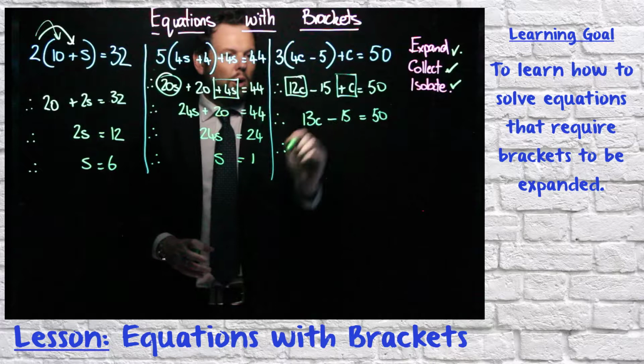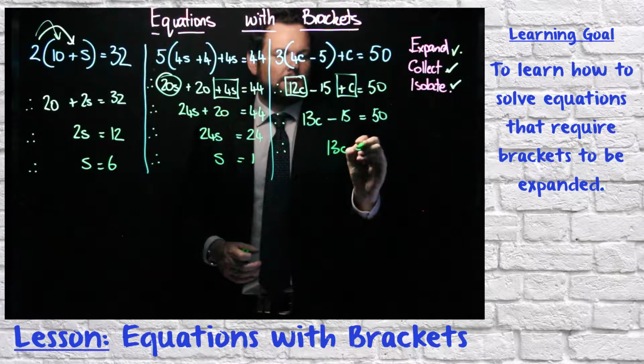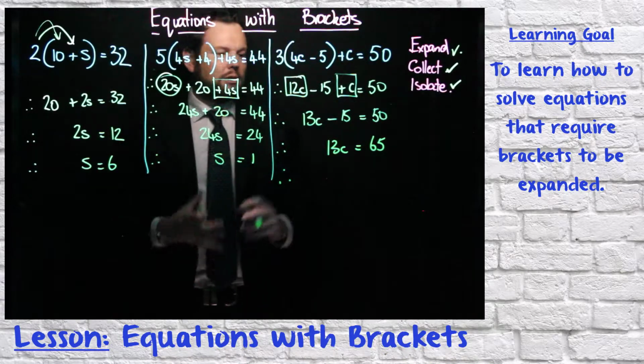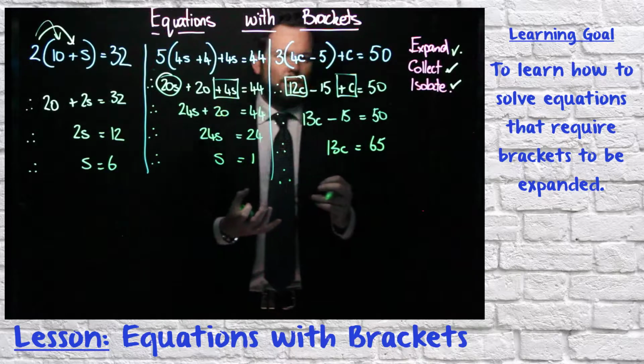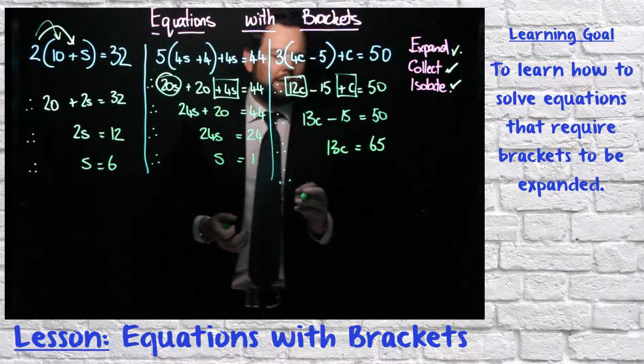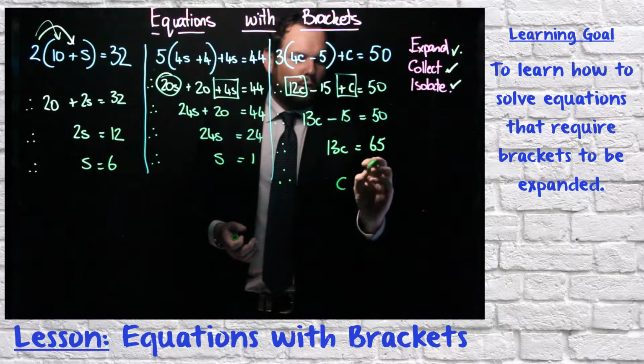So let's get rid of the minus 15. We do that by adding 15 to both sides. Okay, so I end up with 65 over here. And now we need to divide by 13. So we're going to divide by 13 on both sides. All right, and we're going to end up with